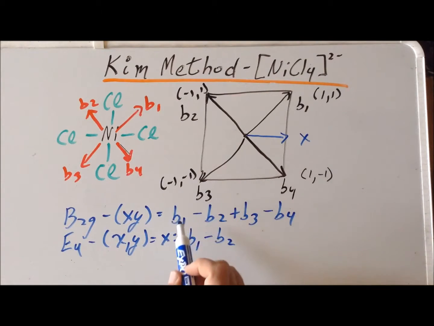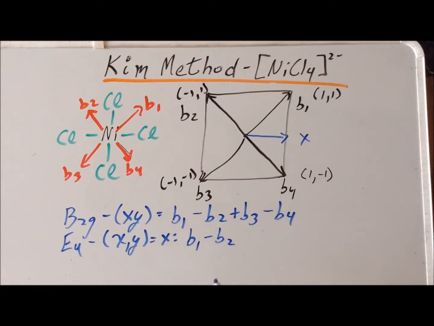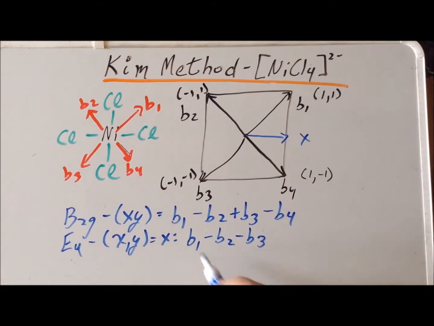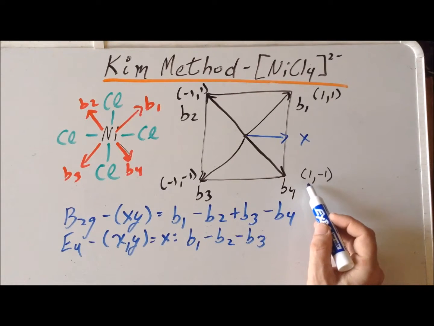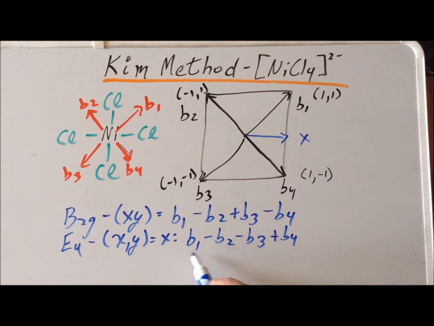For B3, x is again equal to -1, so the coefficient is minus B3. So we notice it's not the same as the B2G bending motion. And then for B4, the value of x is equal to, again, 1, so we have plus B4. So we have B1 minus B2 minus B3 plus B4, and this is the bending motion corresponding to the x